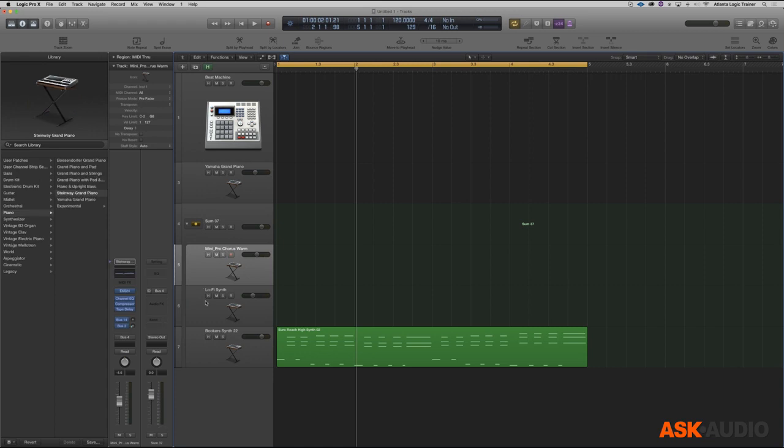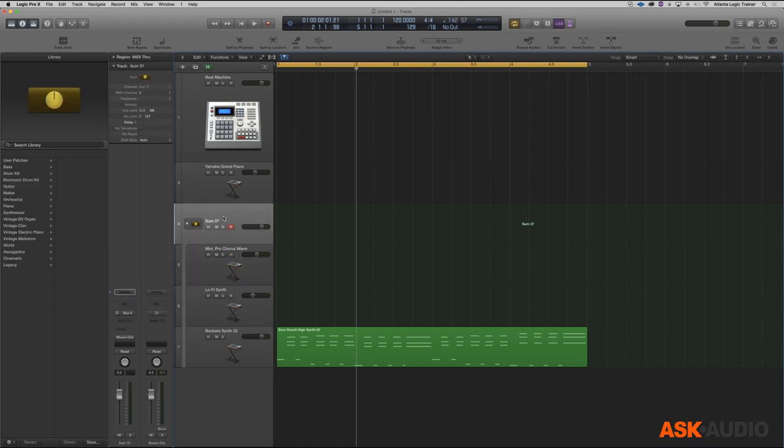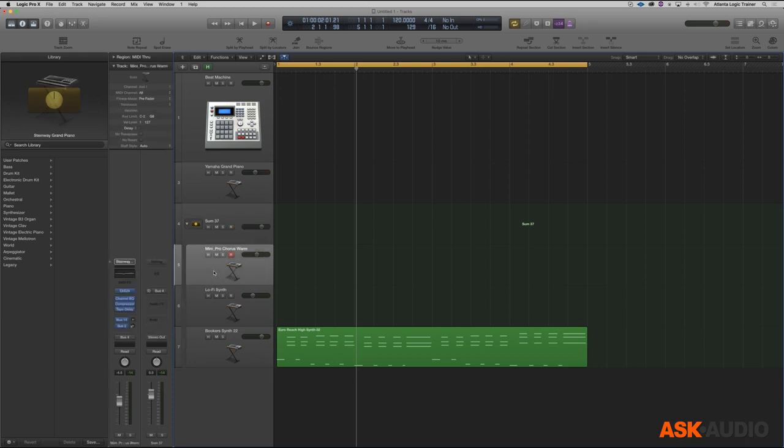Now, by default, they're just layered. So if I click up here and play, it plays them all together as a layered synth, if you will. What I did later was select each one of these individually and change their key range to create a split synth. So if I switch to this one,